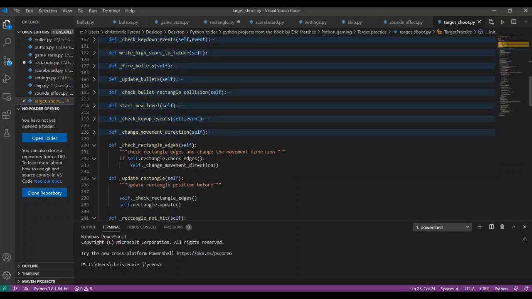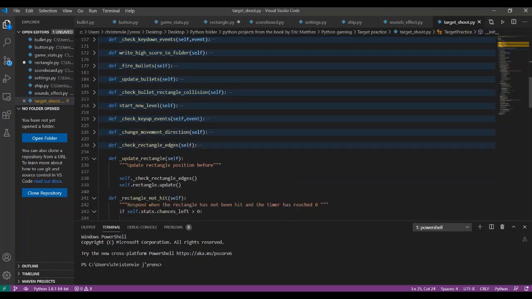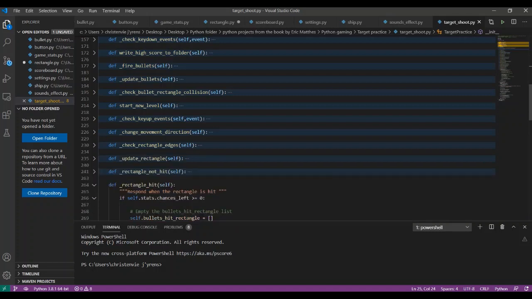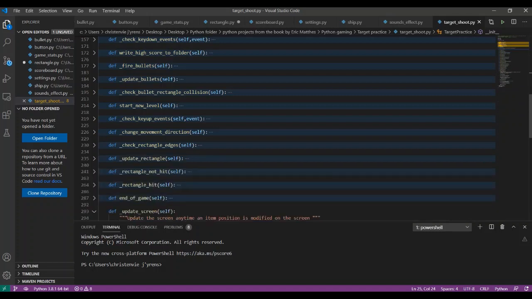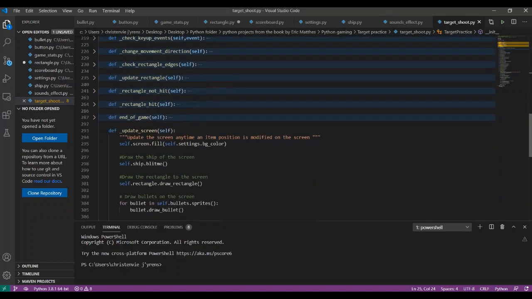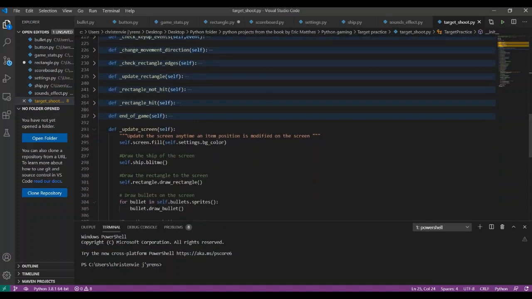So this is how it works. We have all the functions needed, all the classes. We have the target shoot, the main class.